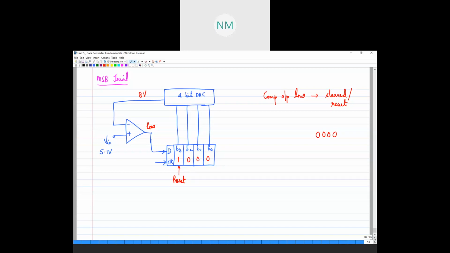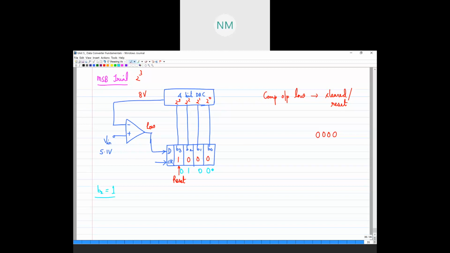Now what is next? I can write this as 2 power 0, 2 power 1, 2 power 2 and 2 power 3, right? So your MSB is basically the 2 power 3rd bit. That comparison is done. Now the second, I'll use a different color, I'll go for setting B2 equal to 1. That means the comparator data is now 0 1 0 0.